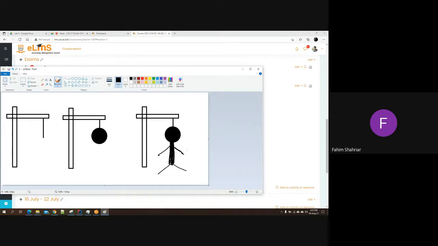So maybe your game starts with easier words like 4 letter words, then 5 letter words, then 6 letter words। So after guessing a word correctly you should give another word. So গেমের মধ্যে এই ফিচারটা থাকতে পারে।